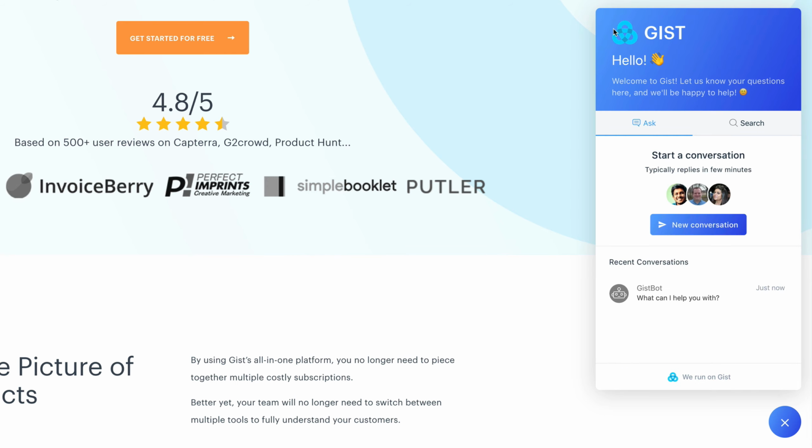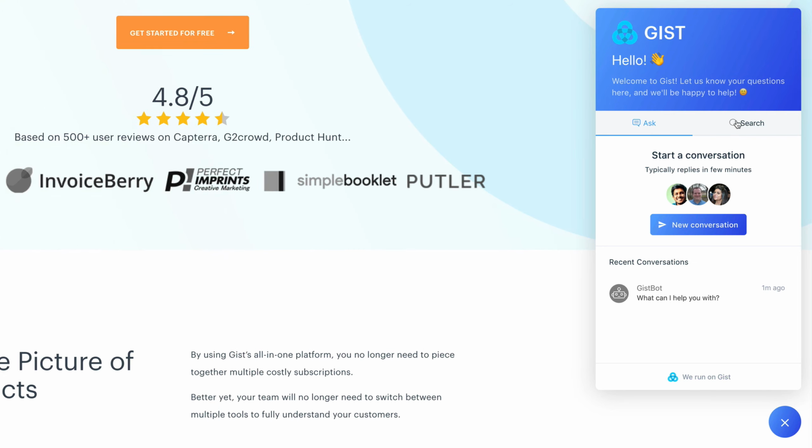It's when you actually get to the main screen of the Messenger that things really get exciting. As you can see, there is a logo which you can now choose to have on your live chat or not. Then there is the typical greeting that we have, and then you start to notice a big difference here. There's ask, and then there's search. The ask screen, which we'll go over first, is the start a conversation or the interactions that they've already had